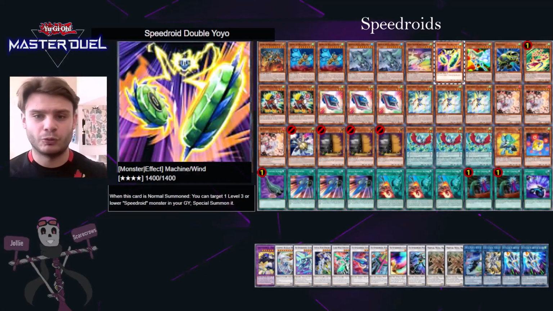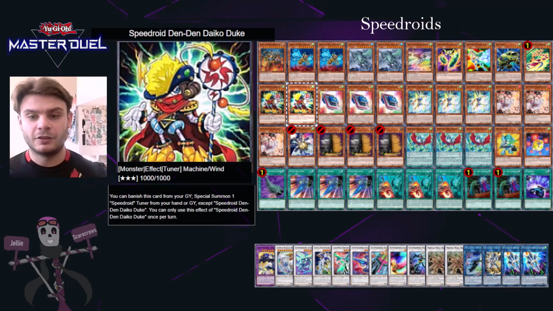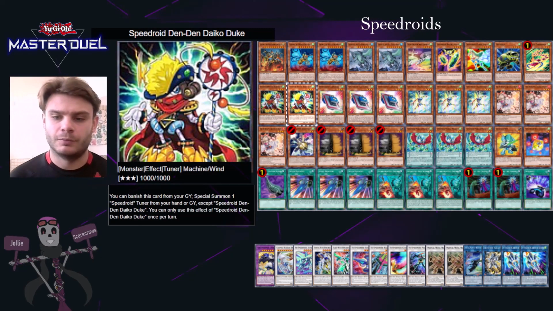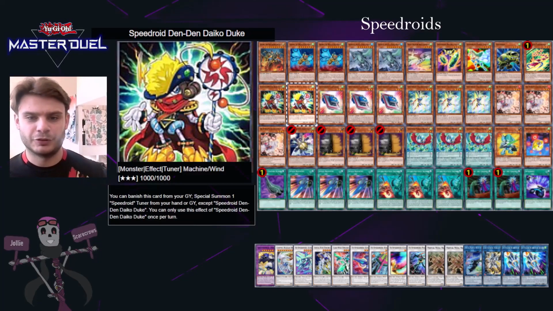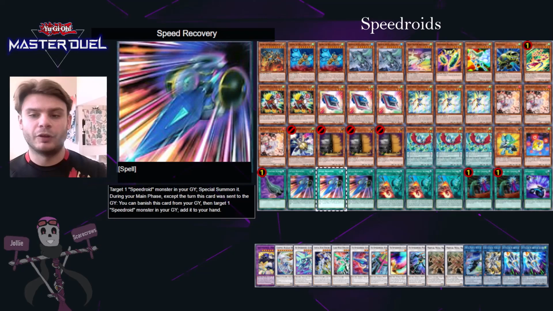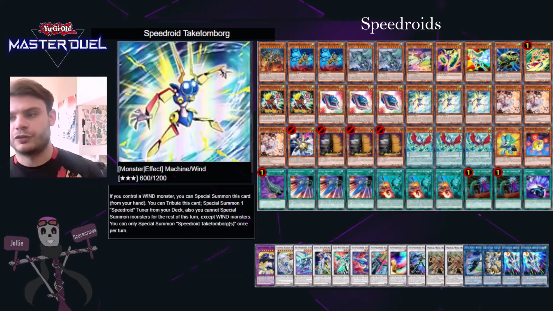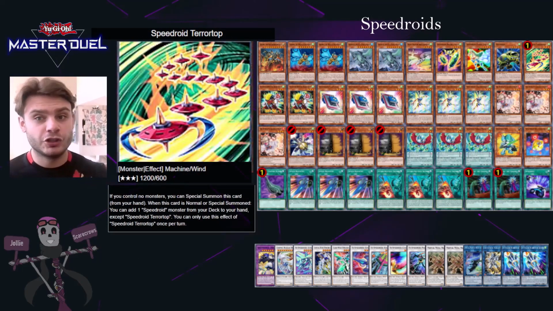And so for that reason, you only really need to run one copy of things like the Red-Eyed Dice, or the Horse Stilts, or the Double Yo-Yo, and these are various ways you get to make multiple special summons per turn. Den Daikoduke is another way, so you can banish it from your graveyard to special summon another tuner. So you can again see how you're able to keep special summoning. Speed Recovery is a specific monster reborn that then lets you add one from your graveyard to your hand, so